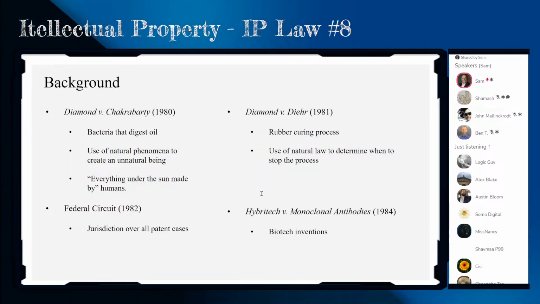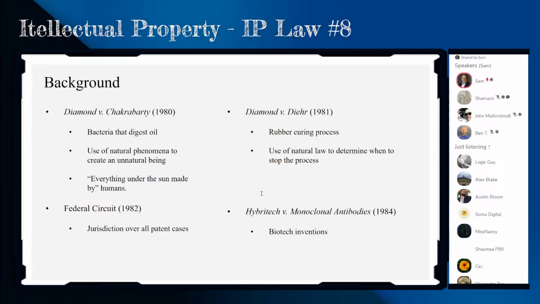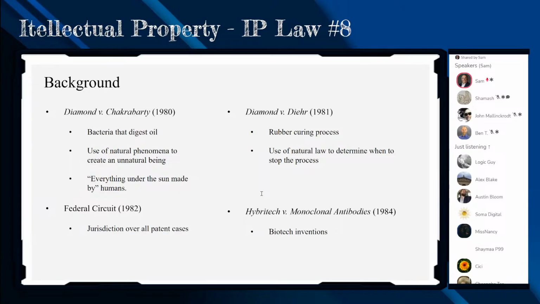The patent office said, no, you cannot get a patent because it's a living thing. It's a natural product, and you can't get a patent on a living thing. And the Supreme Court said, no, everything under the sun made by humans is patentable. Of course, in 1980, the Supreme Court said everything under the sun made by man. But today we shorten that. So basically, this